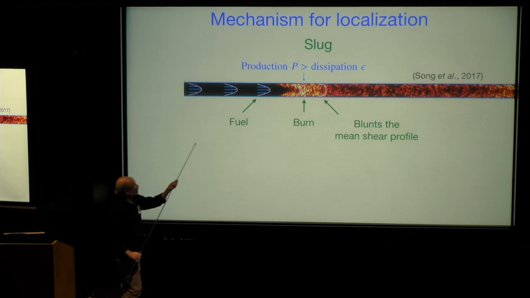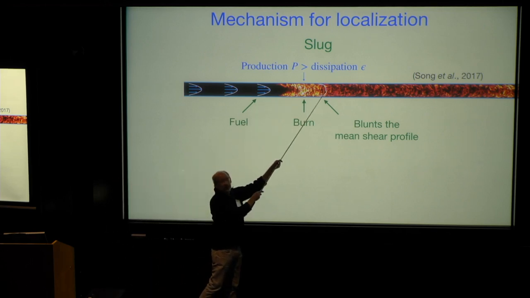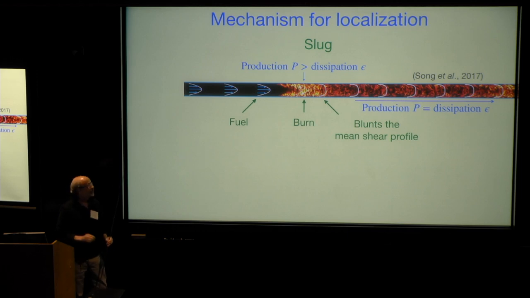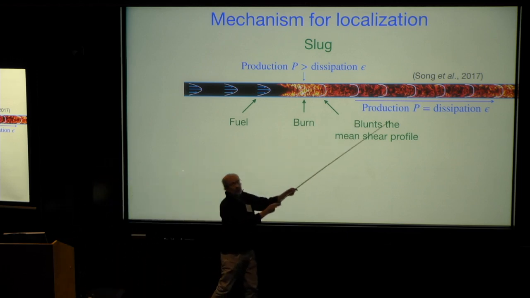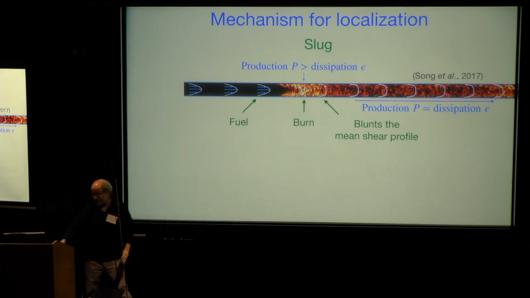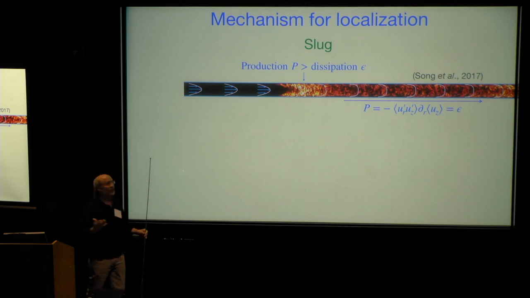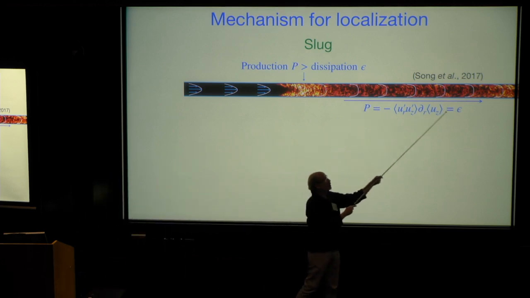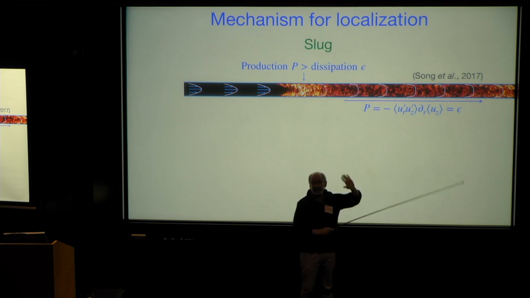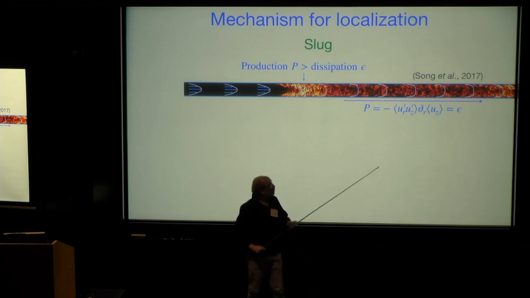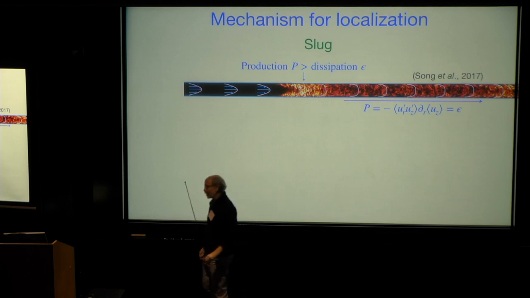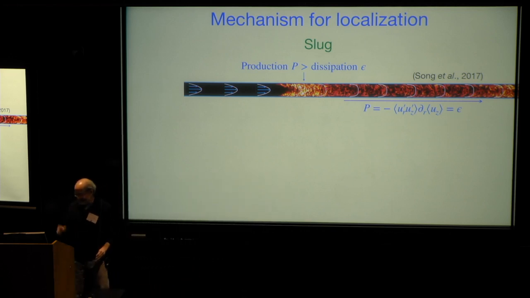That then, where you've extracted energy from that, blunts that shear profile, all right? And then it flows downstream, and then you come into an equilibrium between production and dissipation. And if you open up Steve Pope's book, this is just what's called turbulent pipe flow, and it's this exact balance between the production term and the dissipation, and that's it. And that's the full story in some sense. All you have to work out is what the shape of that profile is to balance these things off, and then you're done. Okay, so that we understand very well.